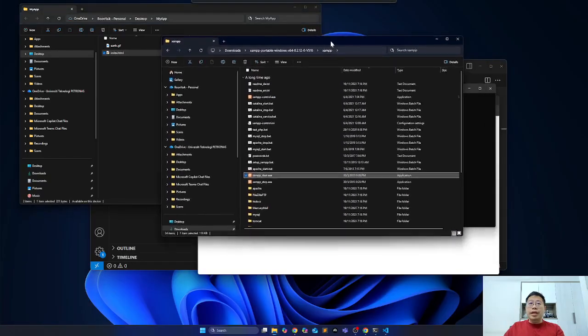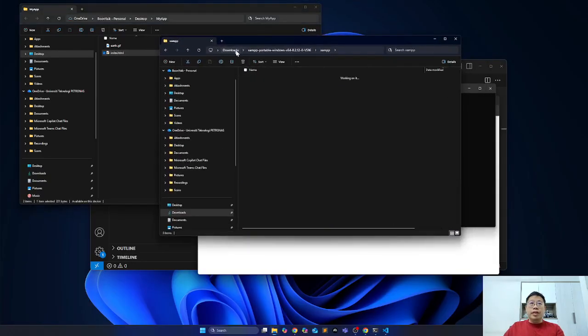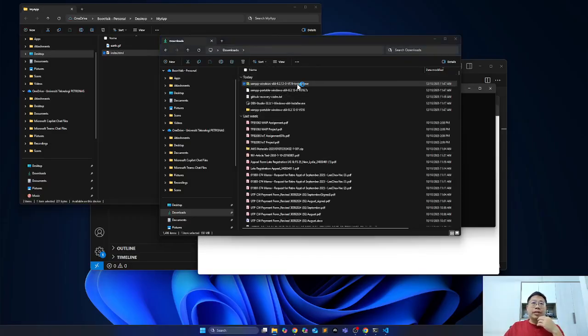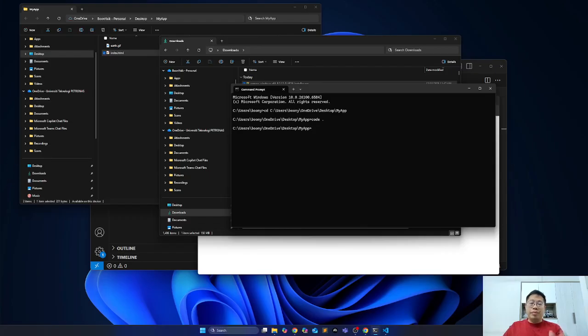If this doesn't allow me, I have downloaded another one, which is the installer. Okay, I think we can just install this one. Just give it a moment and let it install. And then we should have a web server, and then we can put our things inside and run it. Okay, so